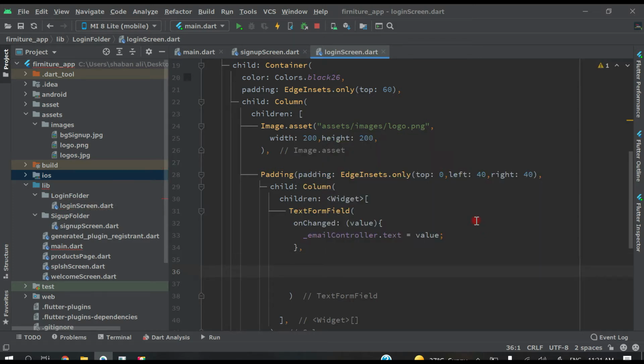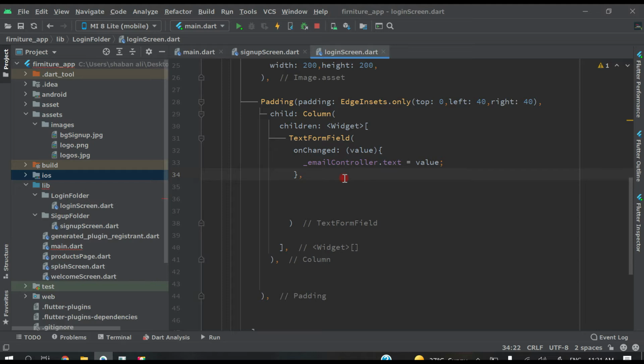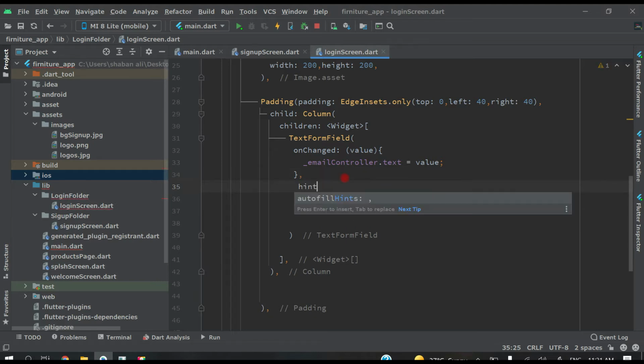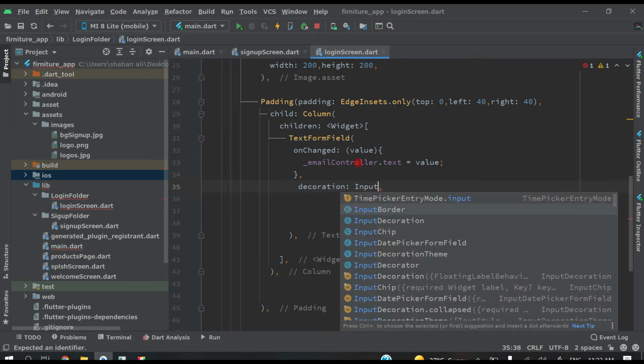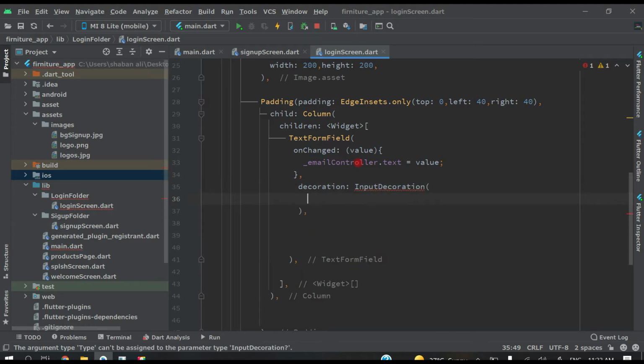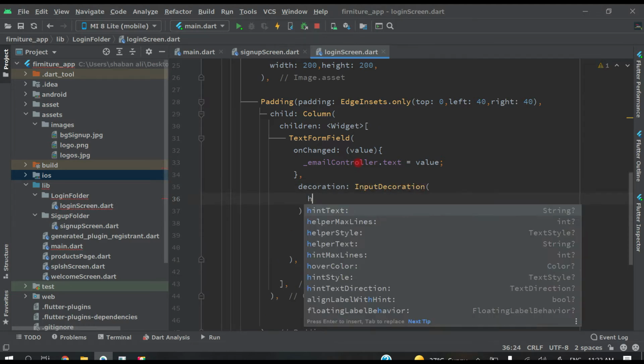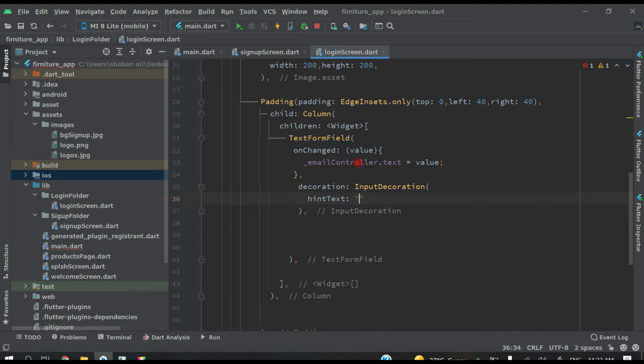So we have to put it like this here, and we have to write decoration InputDecoration, and inside this we have to give hintText, and hint text will be Email.